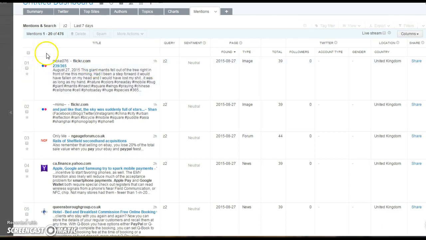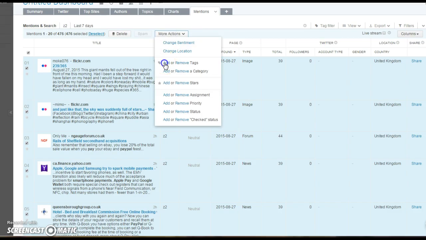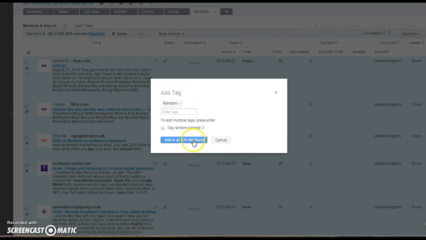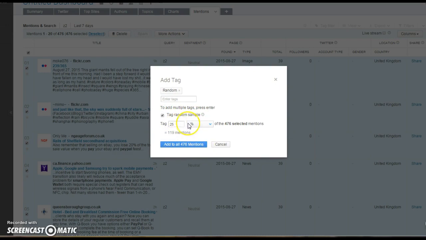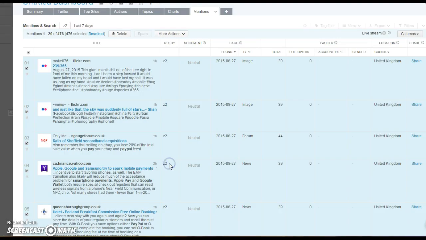In effect, you look at tagging them all, so select all items, go to more actions, and go add tags, and I'll type in here "random", if I've got that there already. What you want to do is tag a random selection. We're going to say 25% from the 476, so if we press that, it will be applied. So you close that, and